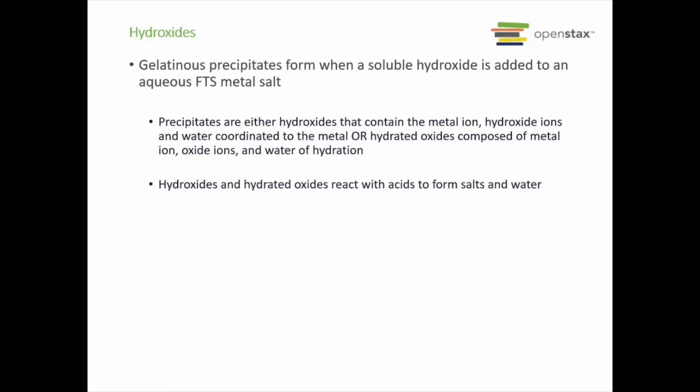Hydroxides. Now, hydroxides are interesting. When you take a soluble hydroxide and add it to an aqueous first transition series metal salt, you make a gelatinous precipitate. For example, if we take some cobalt 2+ aqueous into some hydroxide, we make Co(OH)2 solid. And these precipitates tend to either be hydroxides that have the transition metal ion,